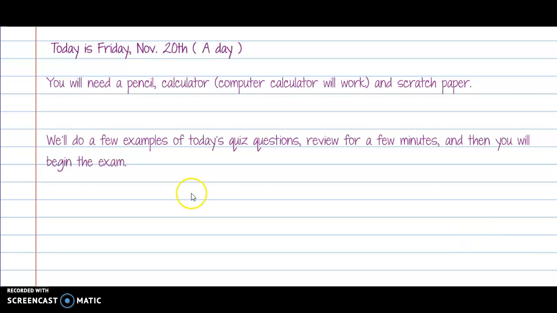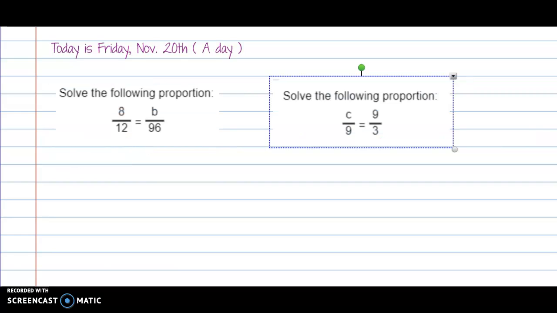But first few questions on the quiz, I can't guarantee the order, but the first few questions of the quiz will be just solve the basic proportion. You have a couple of options here in solving. You can